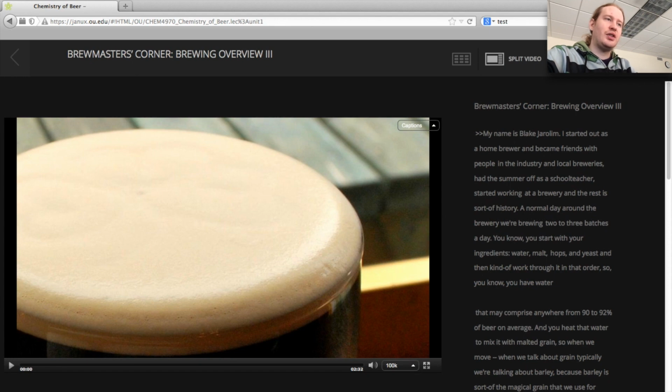Now, in this view, over here to the side, you can see the transcript of the video, which is pretty cool. You can also take notes there. If you just want to read what is said in the video very quickly, or if there are terms that you don't recognize, you can see how they're spelled and what they are right in the transcript. And you can go back to the full video from here if you want to, but I'm going to stick